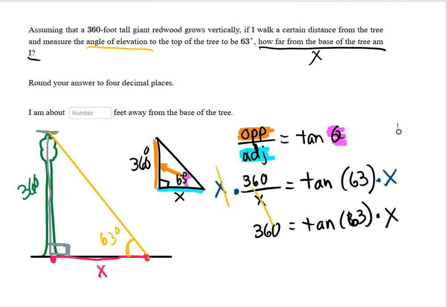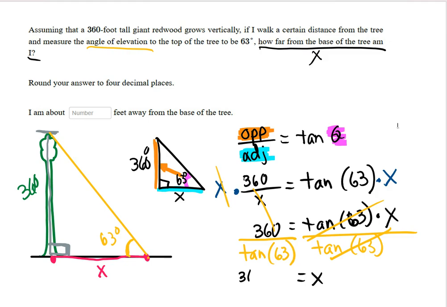And now if you want to solve for x, you have to divide off the tangent of 63, so those cancel. And then you got to do the same thing over here. So the calculation that I need to perform on my calculator is 360 divided by the tangent of 63 degrees,